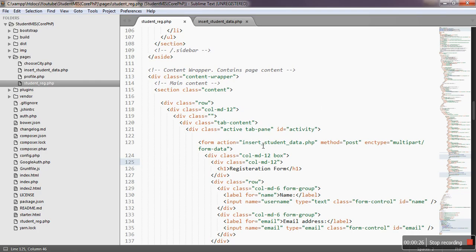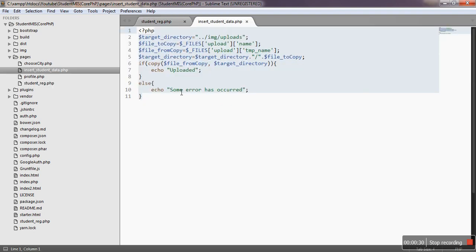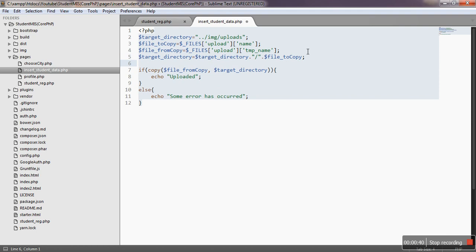First of all, we should know that our action page is insert student data.php. So we'll be moving over here. And here we have already coded the uploaded file. Now what we want is, first of all, let's get the data that has been sent by the page. To get the data that has been sent by the page, you can